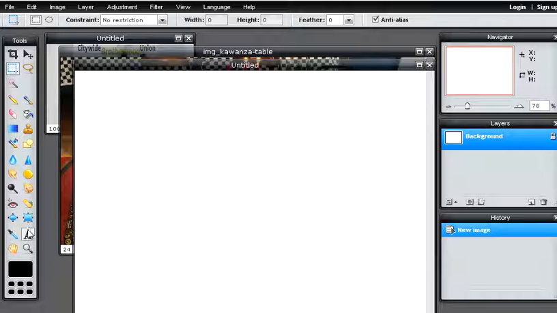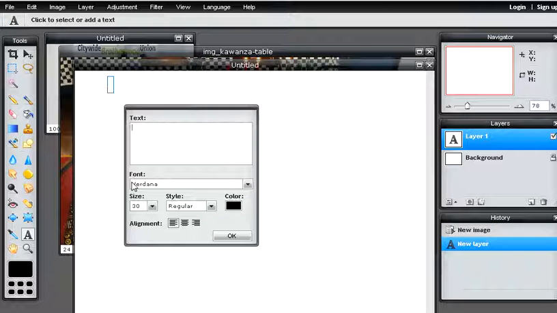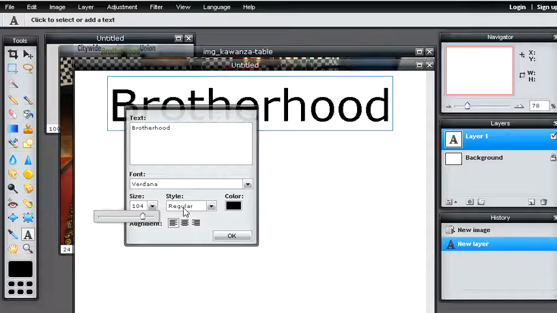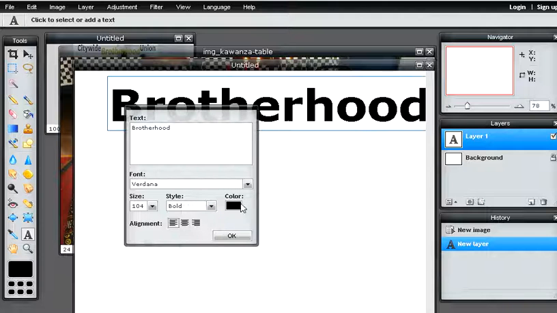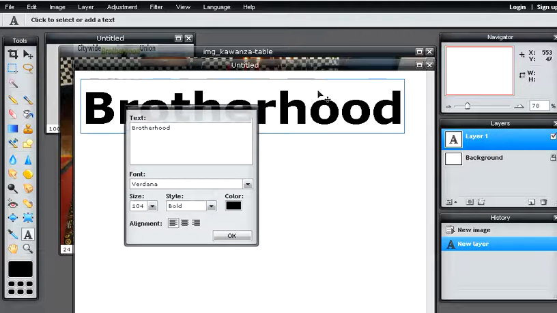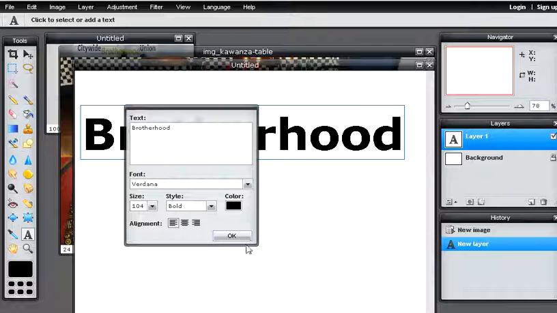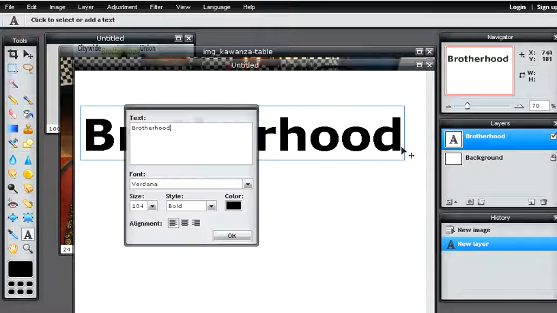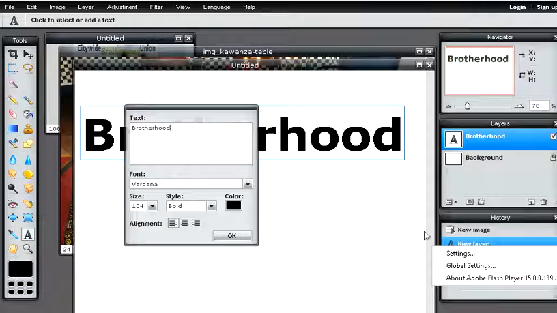Text tool's really handy. Click on it. Once you click on it, you can type whatever text you like. Change the size of that text. Manipulate it really easy. Now, another thing you can do once you have text in is